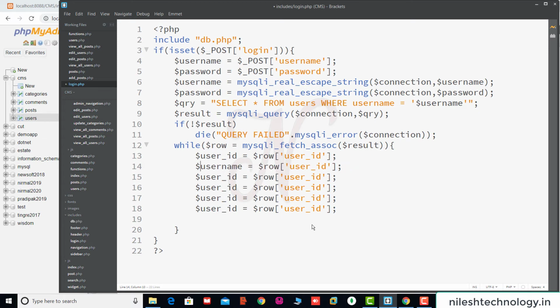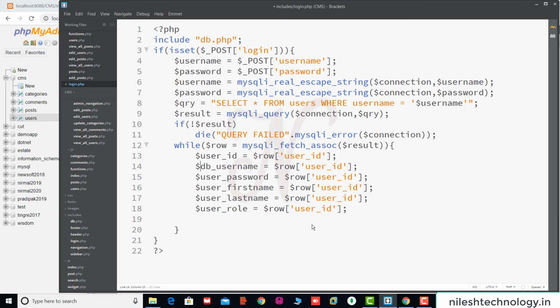This is the database username. Same here the user_password, then user_first_name, user_last_name, and user_role.